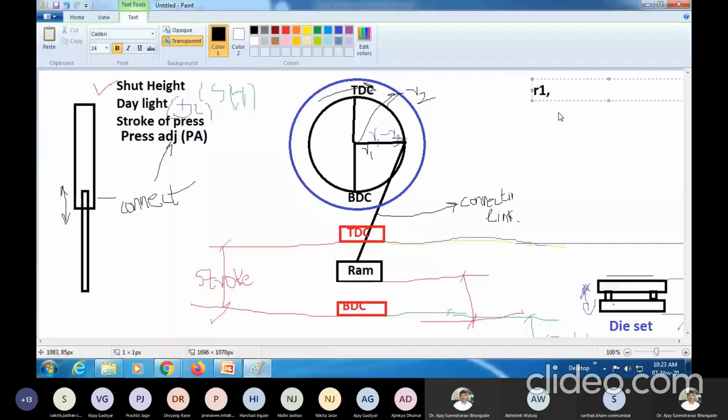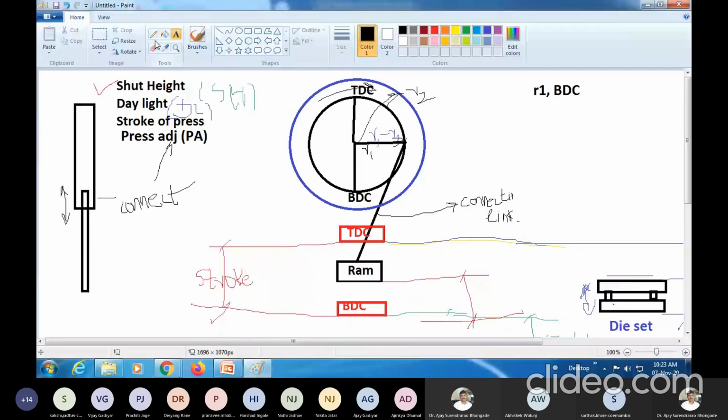So this is that particular position of the RAM at R1 radius and BDC position. Now, if it is at the TDC position, this is the position of the RAM.